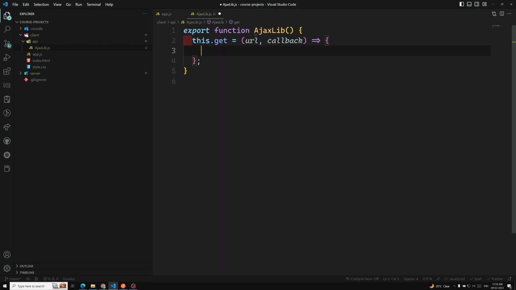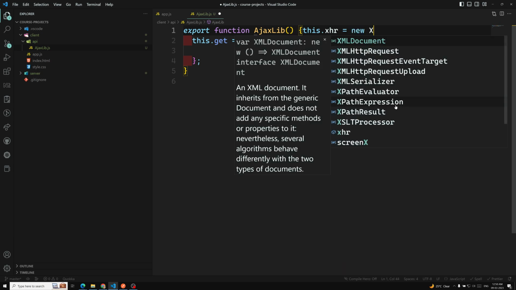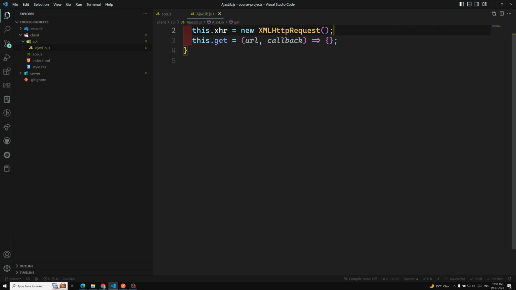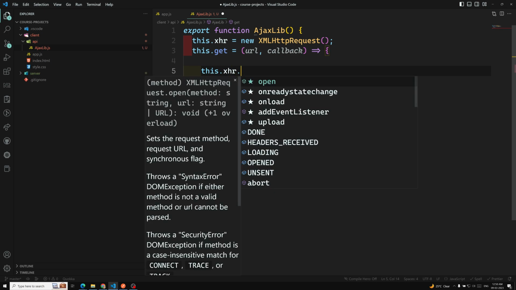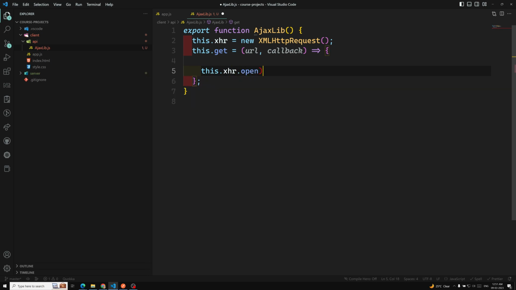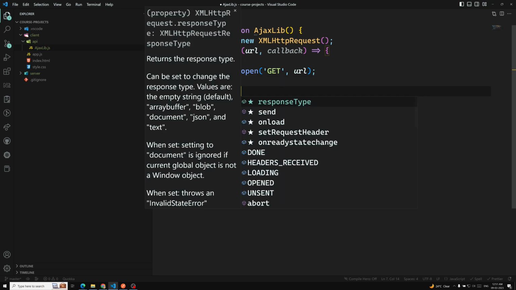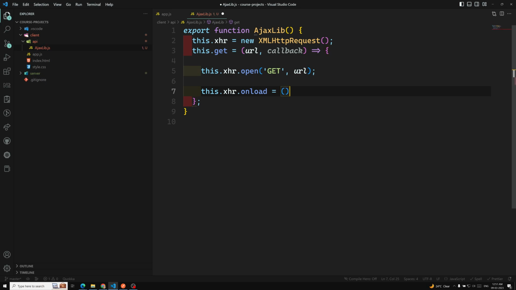And now here we need to create an XHR object. So at the top I will create xhr equal to new XMLHttpRequest. Now this is our XHR. In this callback, what I need to do is use this.xhr.open. We know that this one is a GET request, so I can write GET and the URL. We'll get a URL, right? So we have opened the request, and this.xhr.onload is equal to